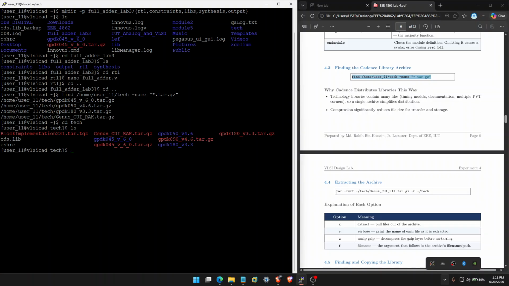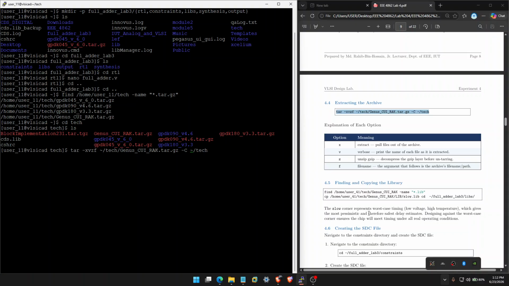So for extraction, we're gonna use this command, just copy it and paste it, space here, and space here, and everything seems perfect. So we're basically using the tar xvzf command. Your xvzf stands for, x stands for extracting, v for verbose, z for unzipping, and f is the file name. This basically will